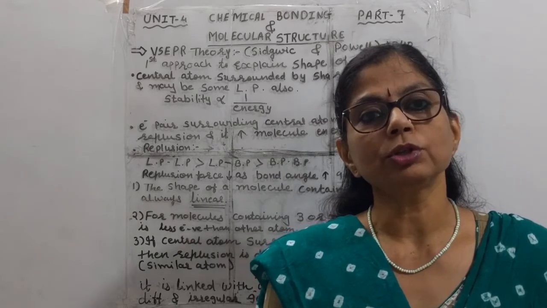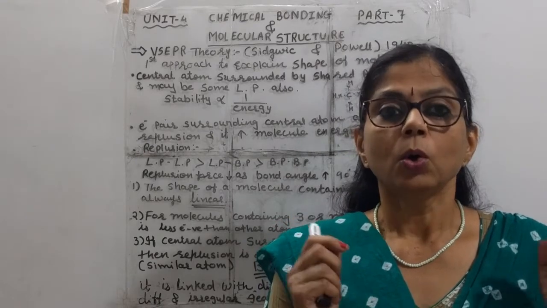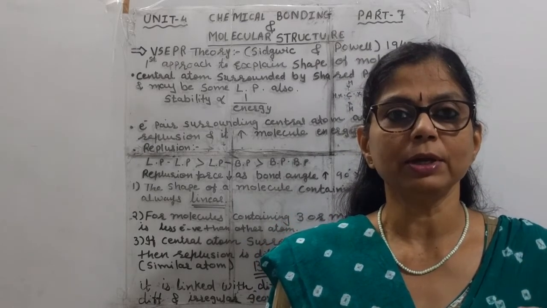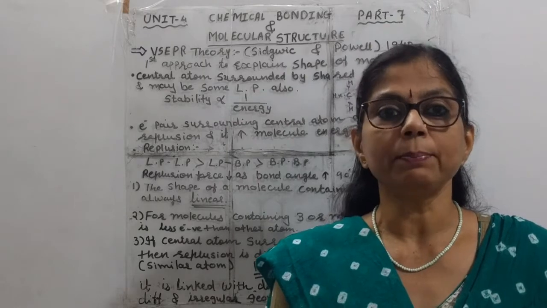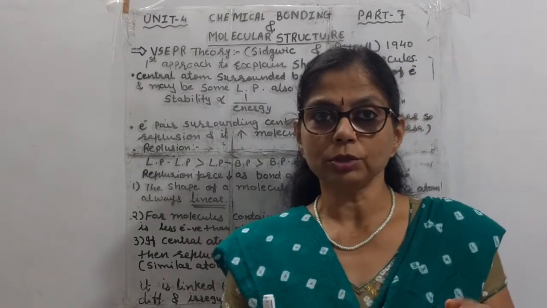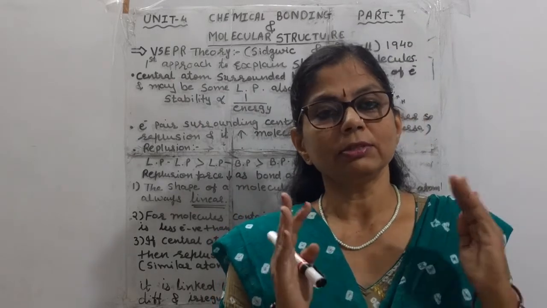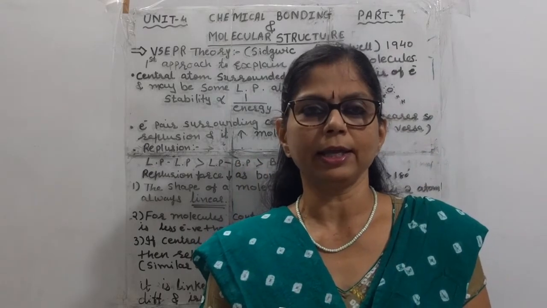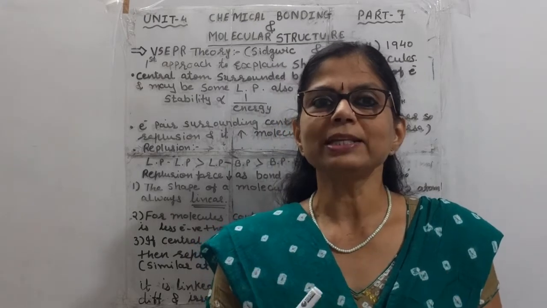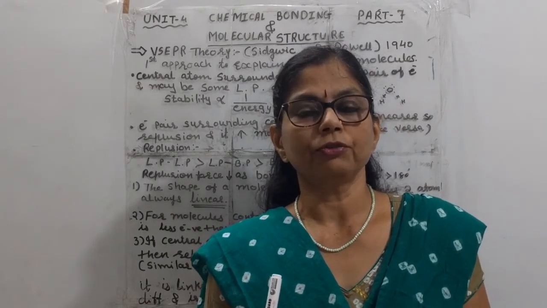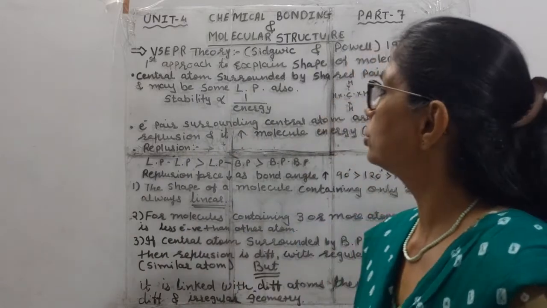In today's video, I am going to give you the idea of drawing the structure only of molecules whose central atom has only bonded pairs. In this video we are not going deep into the more confusing parts. We'll study the postulates and simple examples for the geometry of molecules whose central atom has only bonded pairs. So now look at the board, students.